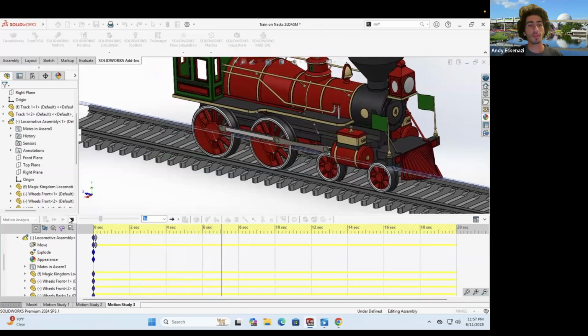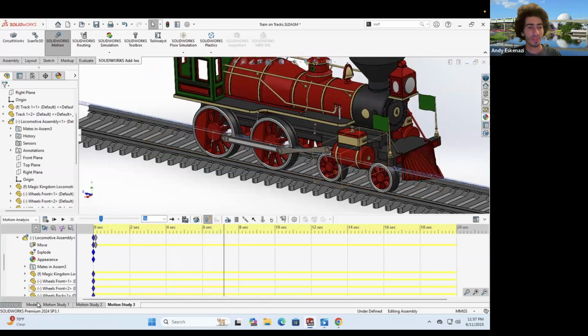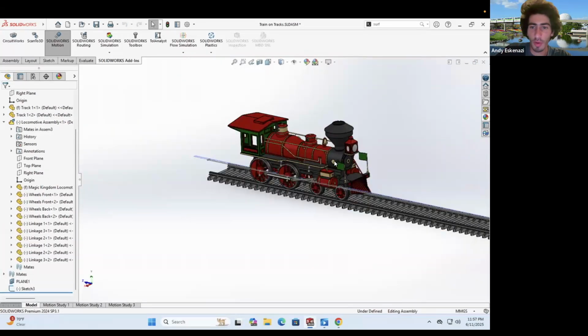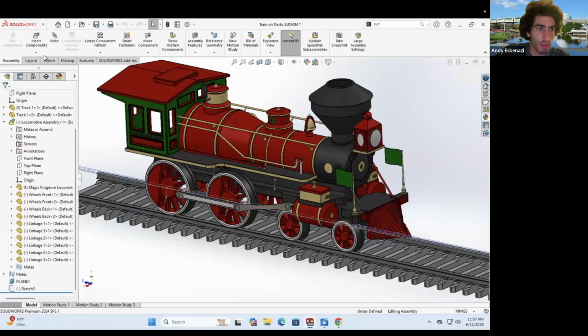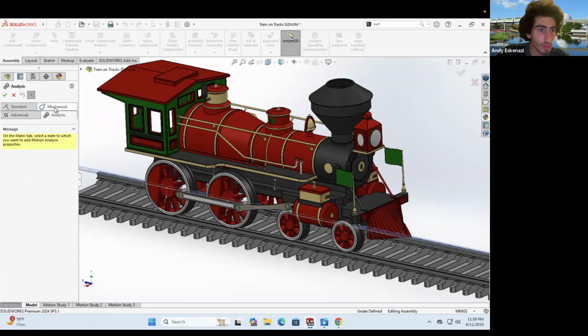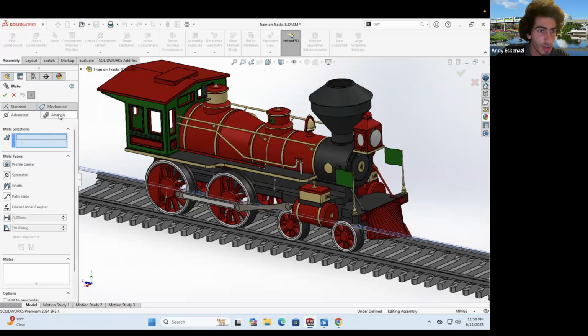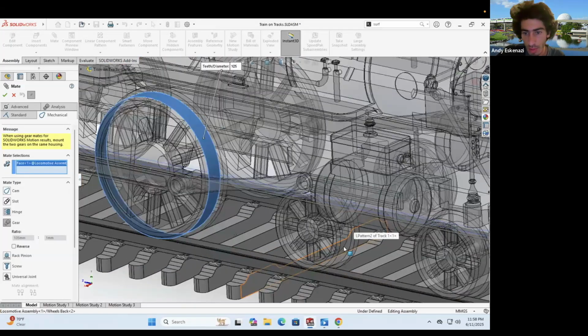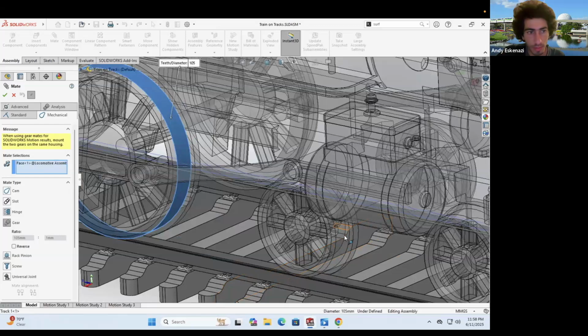Oh, I think I know exactly how to fix this. Okay, it's very easy. So now that we are here, we'll go back to assembly, go here to mates, and there's the gear mate. So go here to, where is it? Mechanical, there we go, gear. So I want to say that, yeah, maybe 221 would be an appropriate. Actually, I can just do this and, oh,